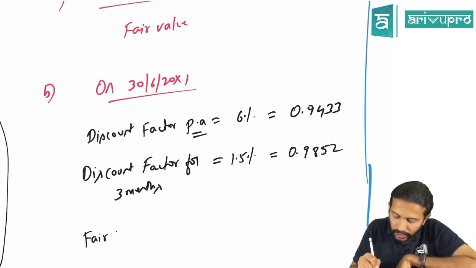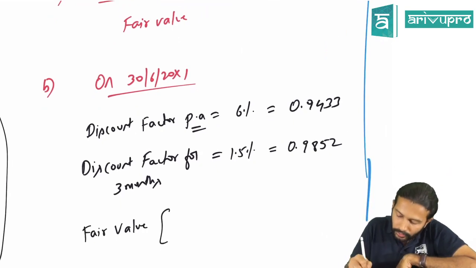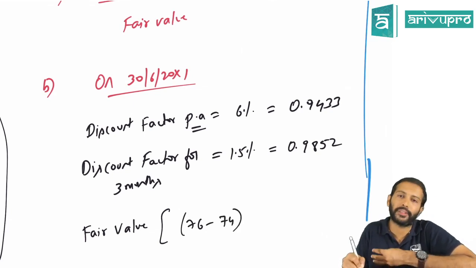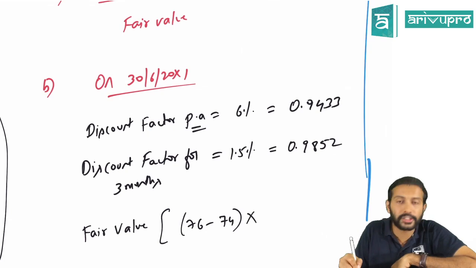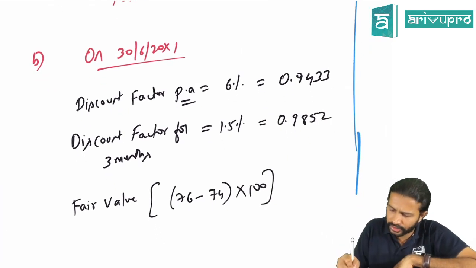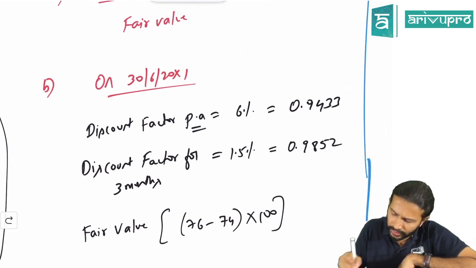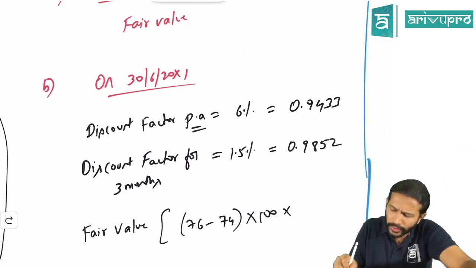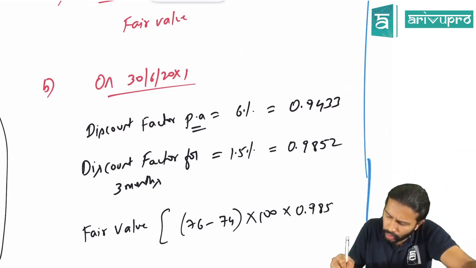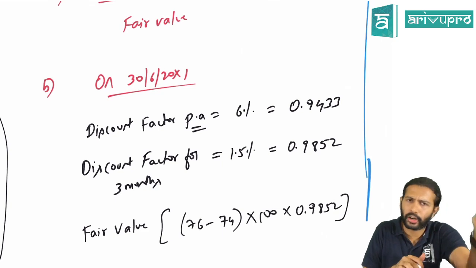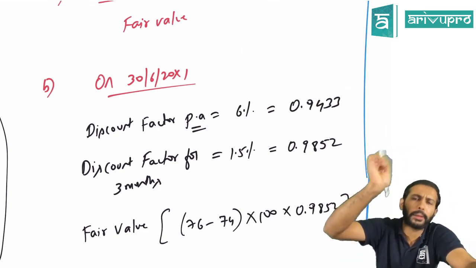Now you can easily find out the fair value. How will you find it? I have a right to sell at 76, but in the market it is only 74. So the fair value difference is 2 rupees for $1. I have a right to sell $100. So how much will this be? Into the present value factor, we'll show it straight away here. This will give you the total gain, but it will be the future value of the gain. To find the present value, I need to multiply it by the discount factor, that is 0.9852. So 76 minus 74, 2 rupees, is one gain. Total contract value is for $100. So 200 rupees is the total gain, but that is a future value.